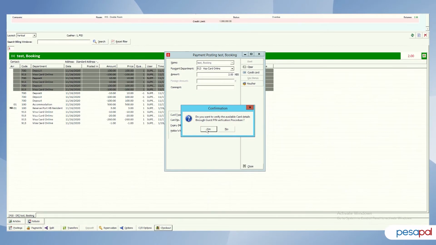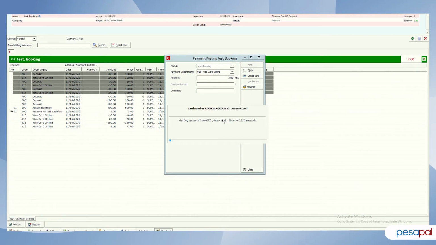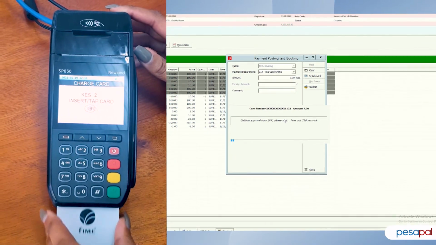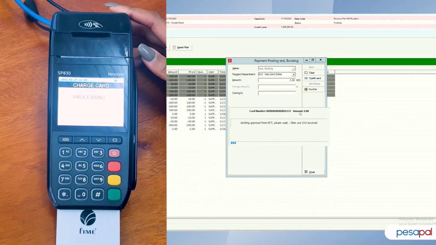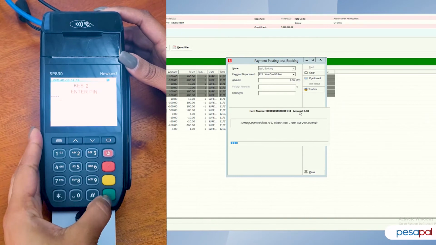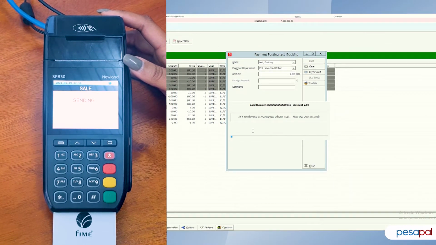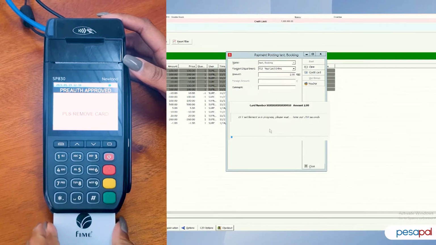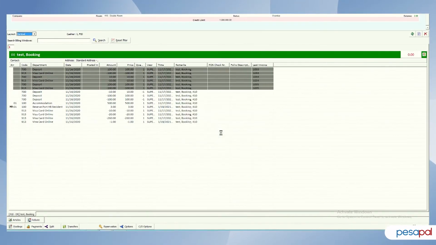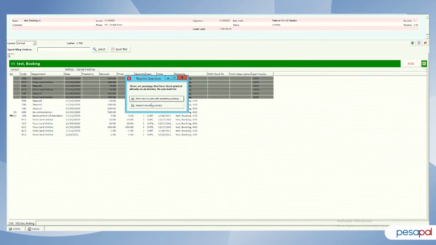So it will always be giving you this confirmation. Click on yes. And it will send. So it awaits for you to verify the PIN on the PDQ. So once the PIN has been entered on the PDQ, it takes a few seconds and the transaction is also successfully complete on that. And as you can see, the guest has been